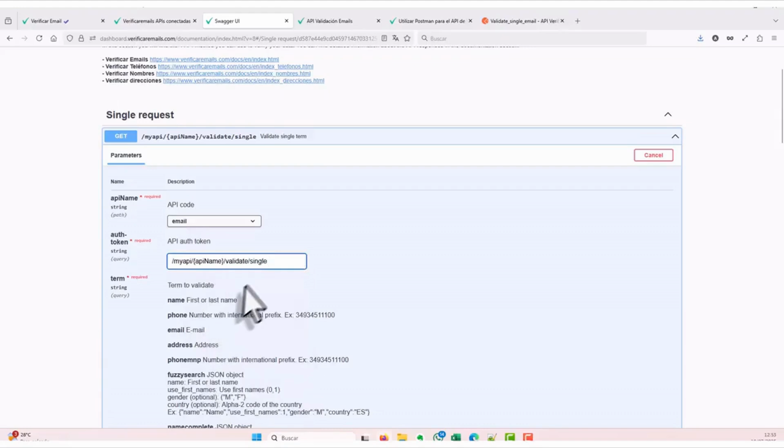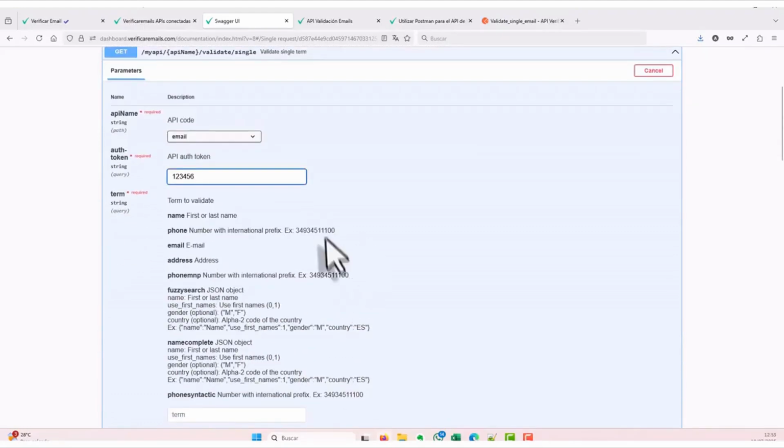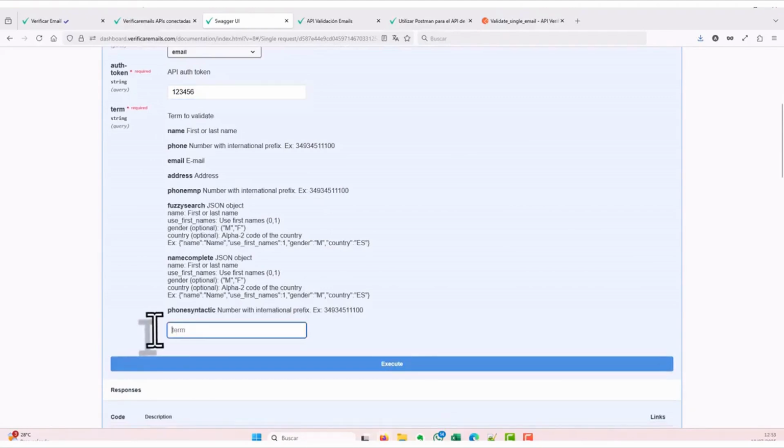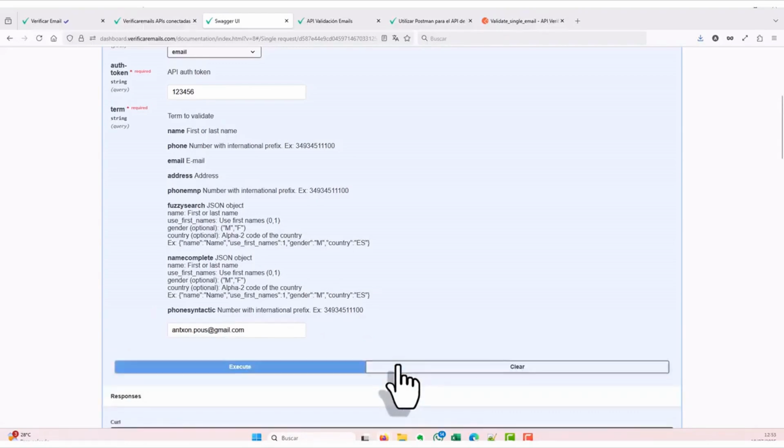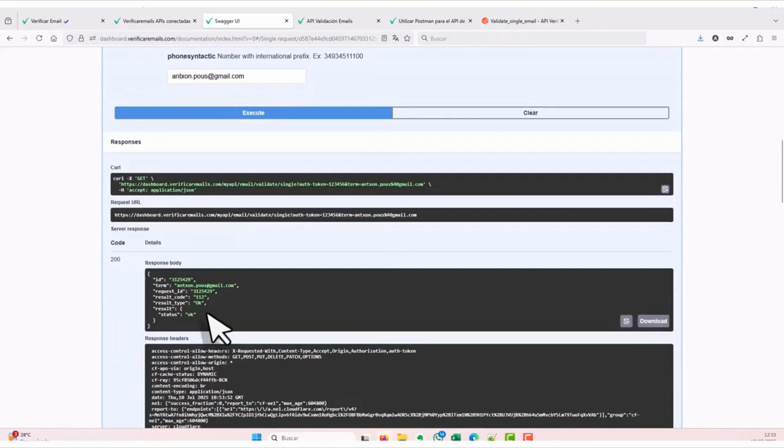We enter the token. Sorry, this was 1, 2, 3, 4, 5, 6, which is the token we obtained in the previous step. And in the terms section, we enter the email we want to verify. In my case, I'm going to enter my own email address, and we're going to click execute. All right? What this is doing is making a GET request. As you can see here, in just 1 or 2 seconds, it's returning the verification responses,